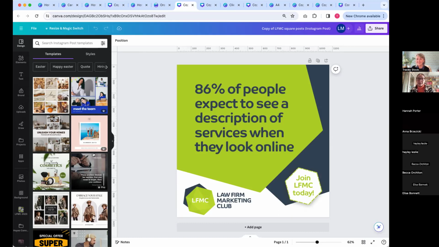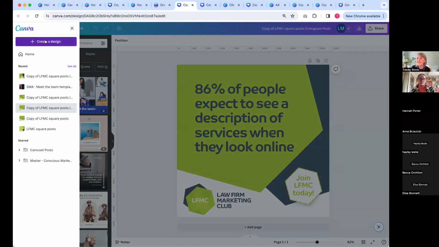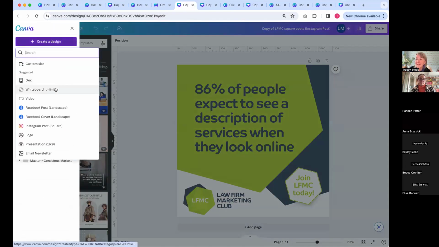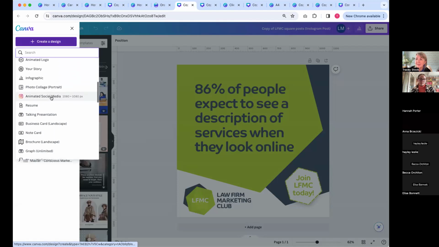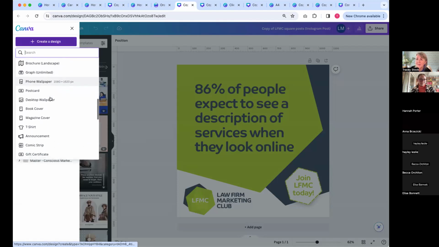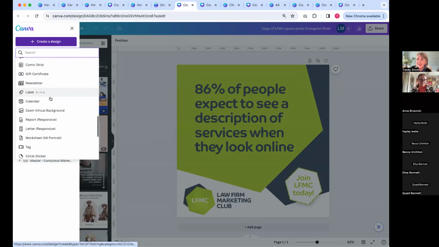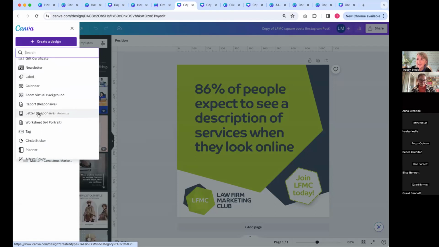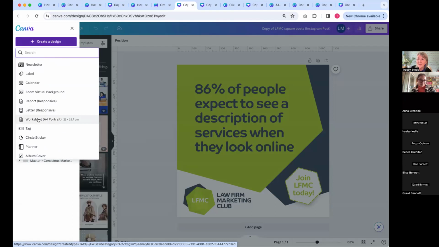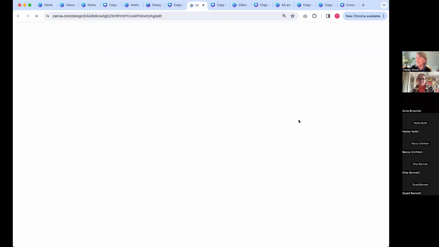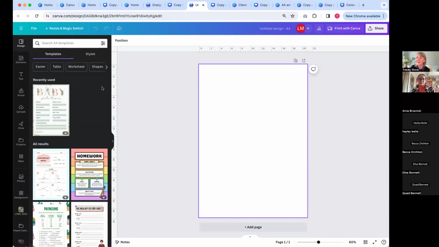So we have had one question actually, Tracey, which is, can you create letterheads on Canva to the same quality as the normal process? Yep, you absolutely can. So if you wanted to create a design, you'd create, I don't know if it will let you do an A4. Sometimes it's got a letter there, a worksheet. Maybe we look at it as a worksheet. It would bring up an A4 document, and you would literally